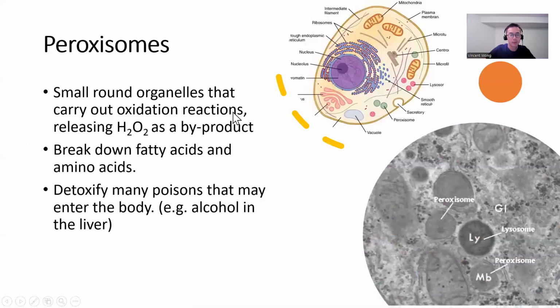Starting with this one, okay, peroxisome. Peroxisome looks very similar to a lysosome. In fact, this is a real picture of it. This is a lysosome, and this is a peroxisome. They both look circular in structure. It's very hard to tell based on just a diagram like this, so it's not something I'm going to ask you to label on the test. All right. There are other methods to identify which one is which, but it's important to